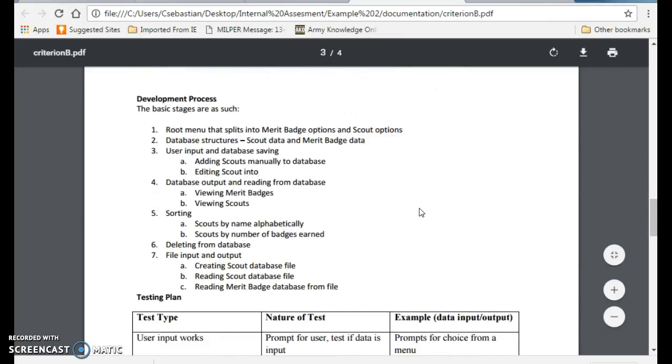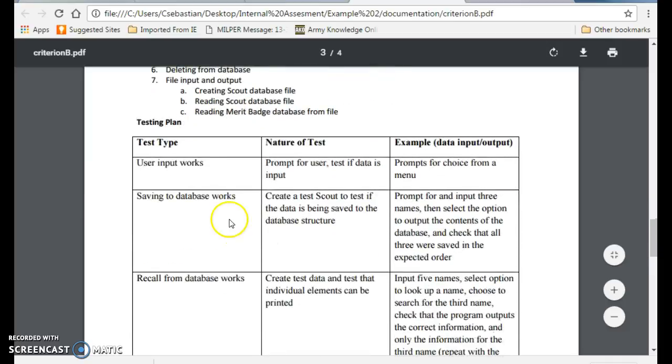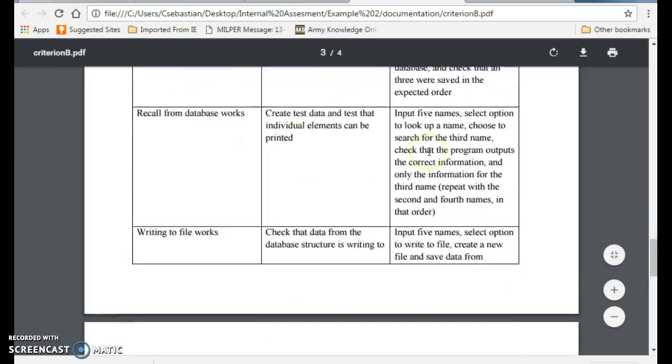So now we've got to start talking about the development process. This is where the basic stages, these are our root menus, database structures, and it goes through the different elements, kind of ticking them off, how she's going to develop and what she's going to develop. And then you get down to the testing plan. So you get the testing type, what you're going to test, then the nature of the test itself, and the example data input-output: what data you're going to put in, specifics, what your expectation is, and what actually comes out